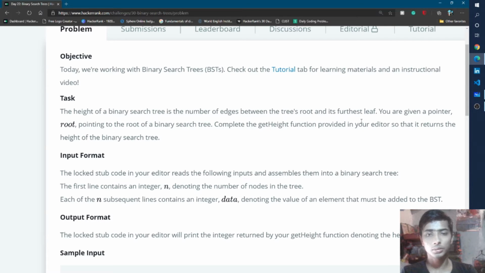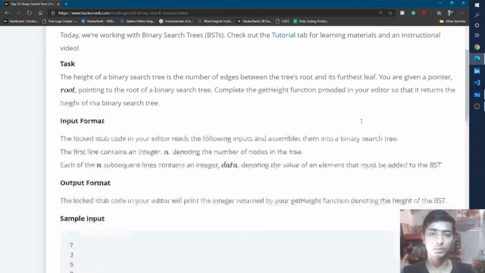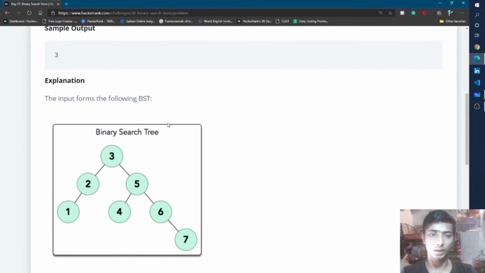The height of the binary search tree is the number of edges between the root and the farthest leaf node present in the binary search tree. So what is a leaf node? A leaf node is a node that has no children, that means it has no child node. So let's go to this example.